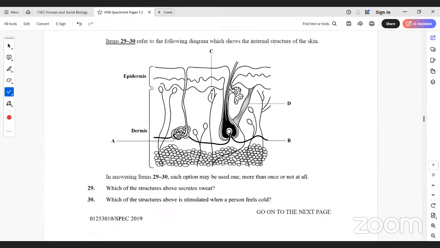Okay, so it means we are looking for a sweat pore. A sweat pore does not have a hair follicle or hair strand growing out of it. So we could just follow this down and we see we arrive at A. So 29 is A. Let me write an A there. And 30,